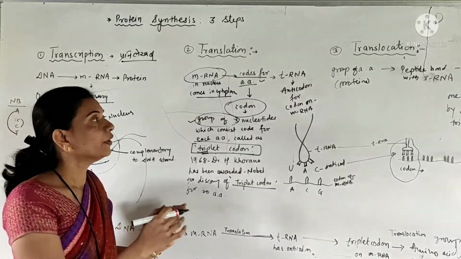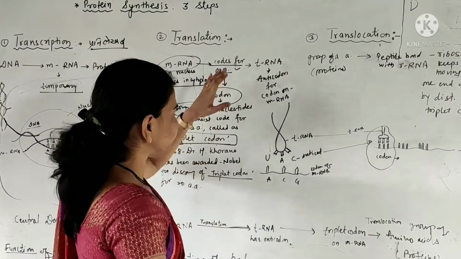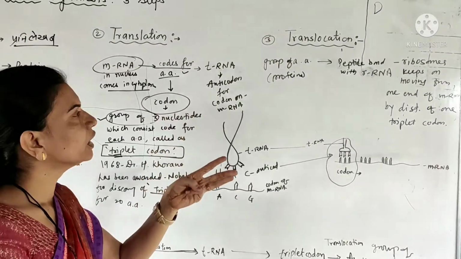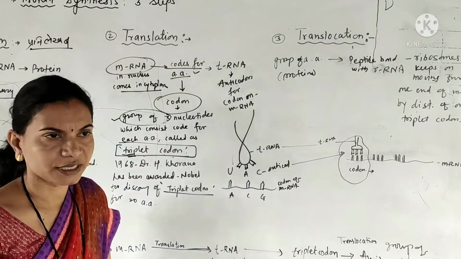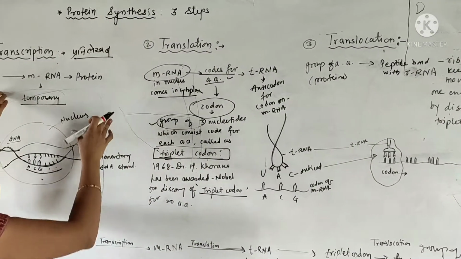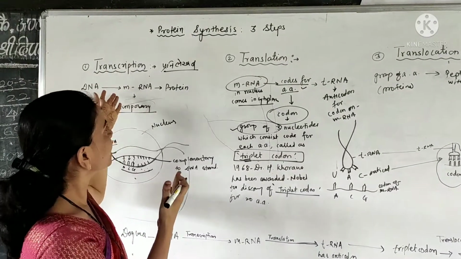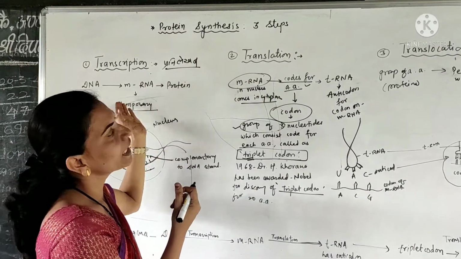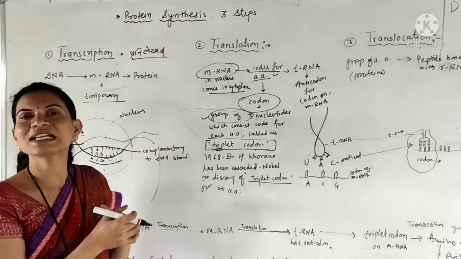When they come with the codon, at that time what happens? There is a tRNA, which is very important. You know there are 3 types of RNA: mRNA, tRNA, rRNA. In the first process, transcription, mRNA is very important. Means it is the messenger RNA. It carries the message of these codes for the amino acids. Then in the second process, translation, what is the meaning of translation?